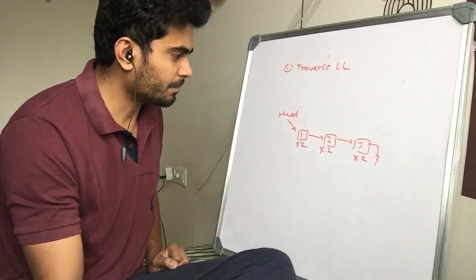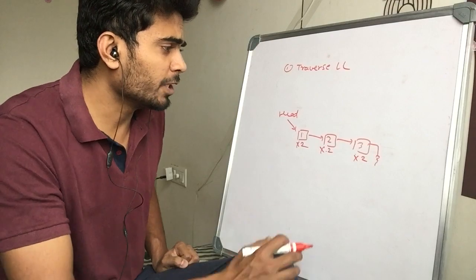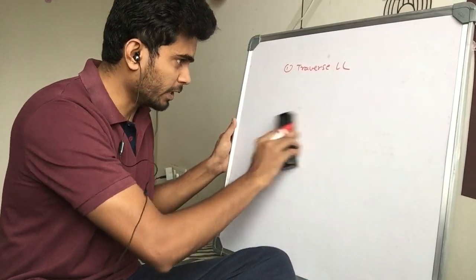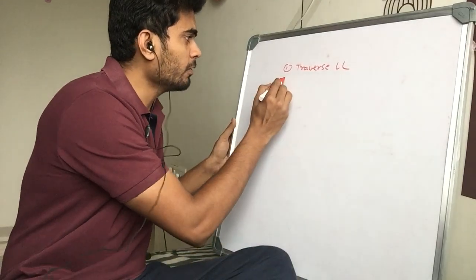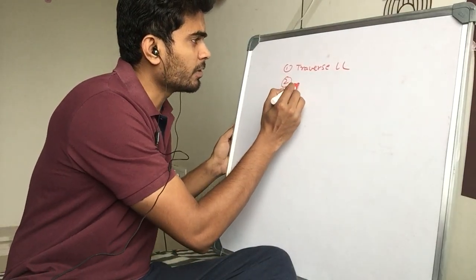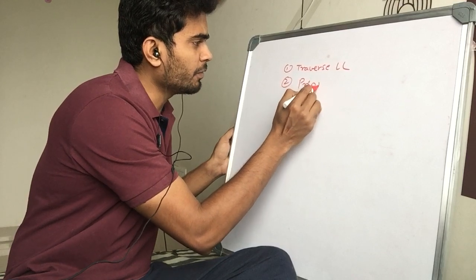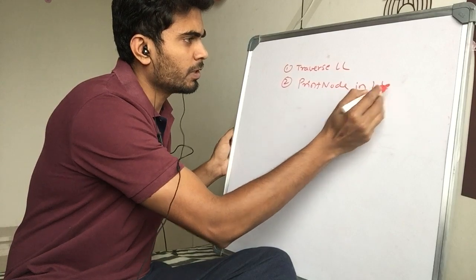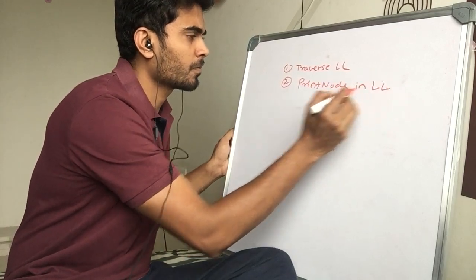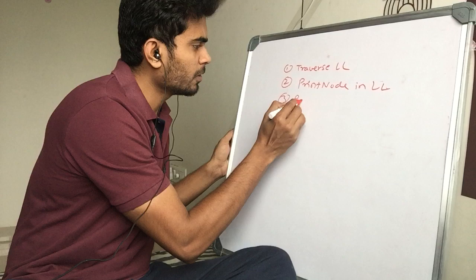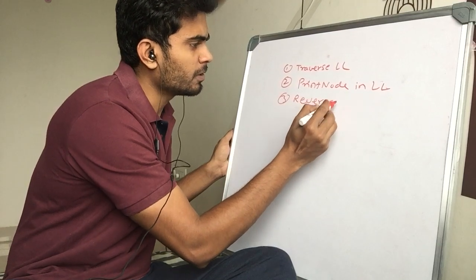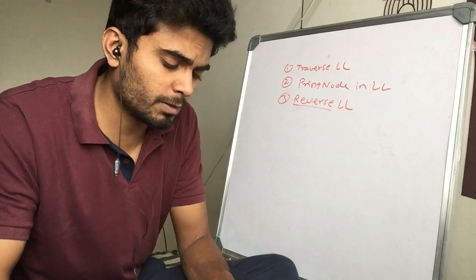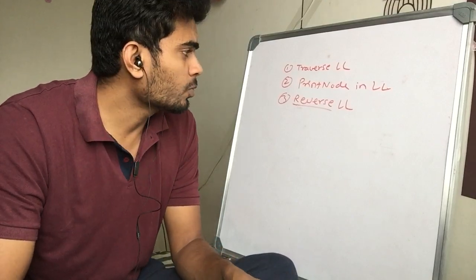So if you are allowed to go to each node of the linked list, you can do certain kinds of operations based on what kind of data is stored there. Using the traversal technique, we will apply a print function on these nodes. So print nodes in a linked list will be our second target in this lecture. And the third one is reverse the linked list. These three functions, we'll see how to develop in C to do certain kinds of operations.